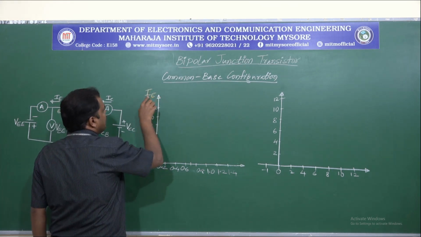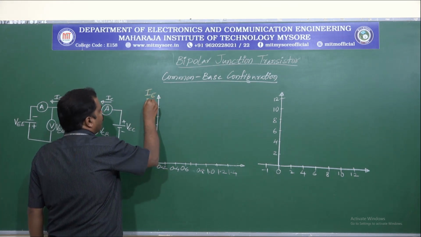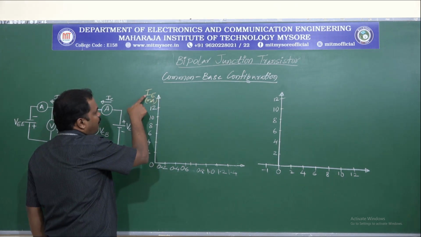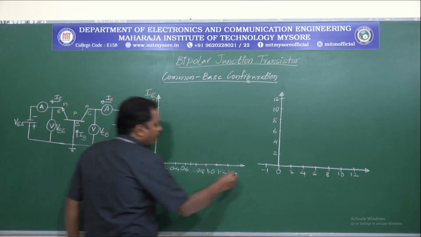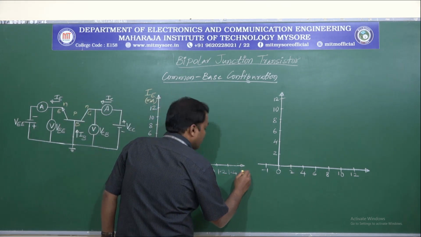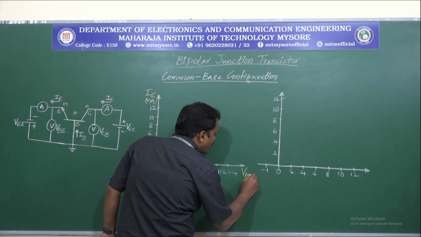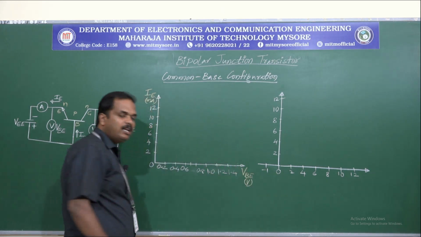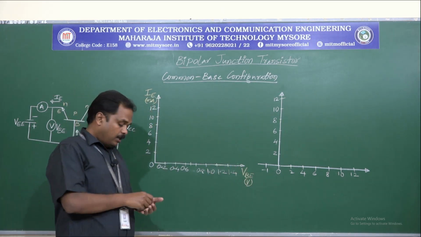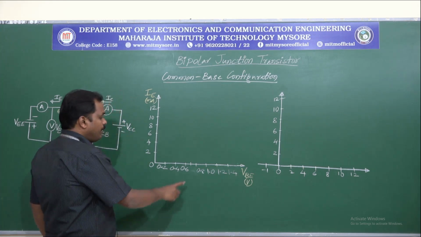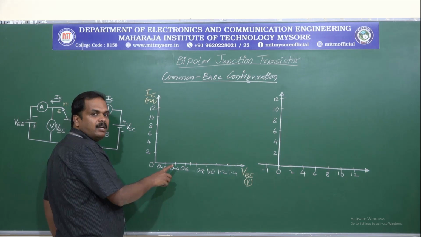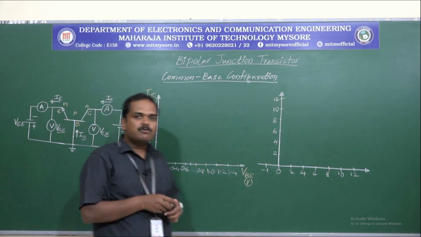the variations in the input current IE, this will be in milliamperes. So variations in the input current IE for the variations in the input voltage VBE. So VBE will be in volts. So now what we'll do is we'll vary VBE in steps of 0.1, so that what happens here is, because